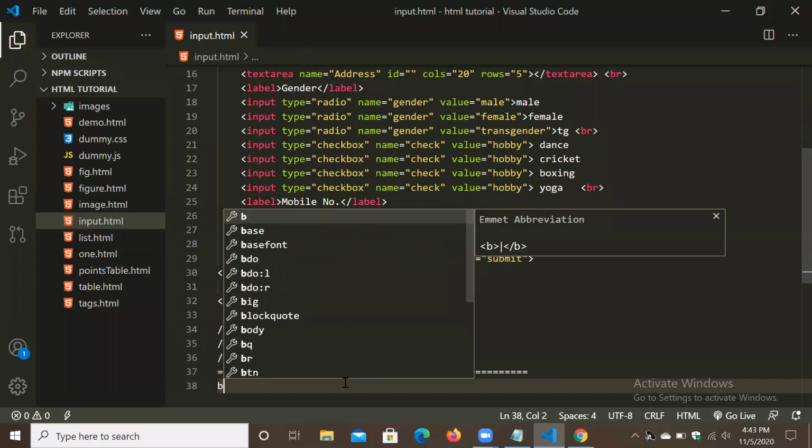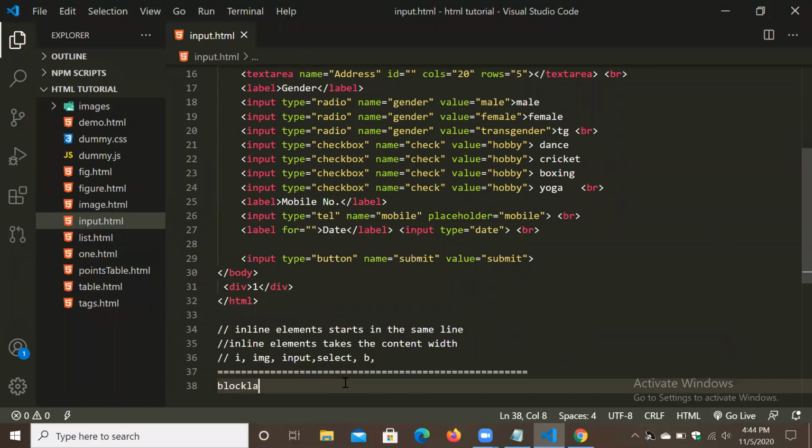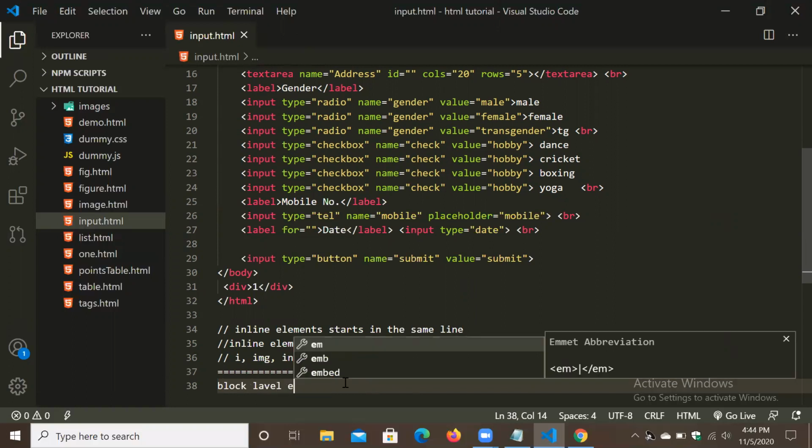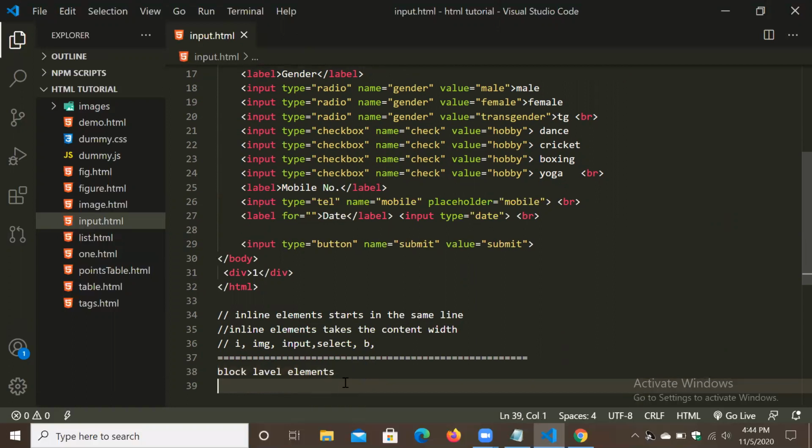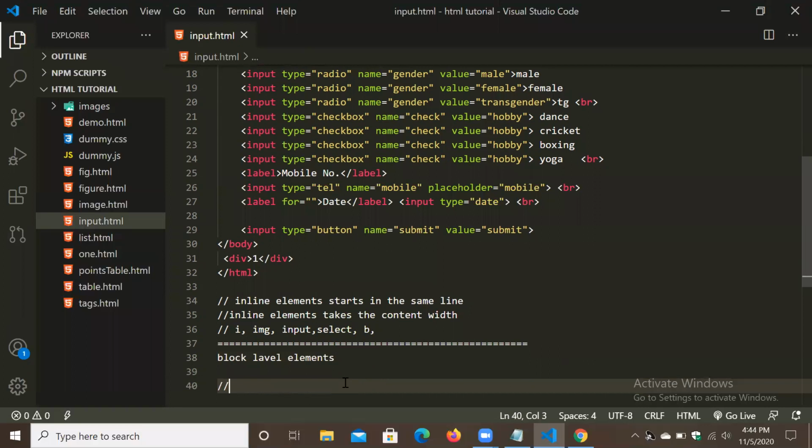Next thing we can see the block level elements. So what is the difference between inline elements and block level elements?